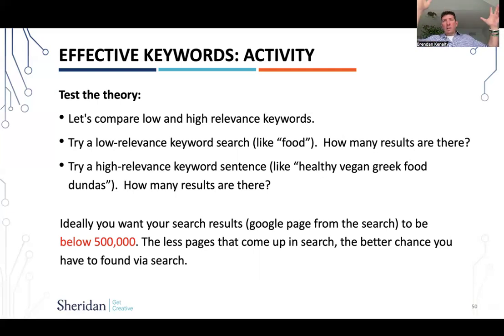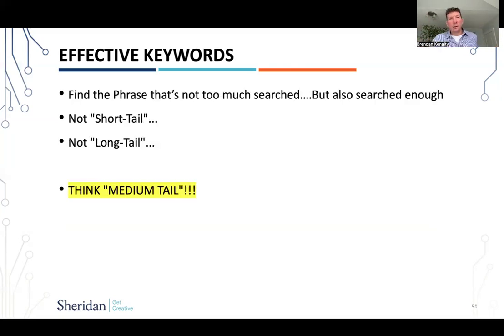Like, that's a really competitive word, but if you can be more specific and focus your efforts on something relevant for your target market with less competition but more relevancy in your product, this is where the secret sauce happens. And again, this is just strategic thinking. You're not getting into technology, you're not getting into any technical elements of the site. You're just thinking about understanding your audience's search behavior, and then matching your content and your website content to that. That's all we're talking about, and that's really all we're going to do in this course, right?